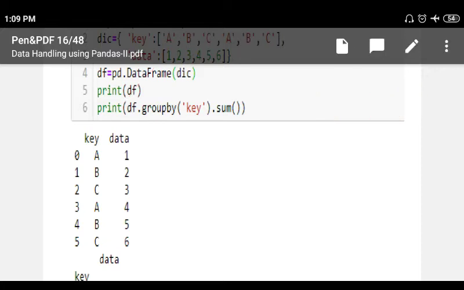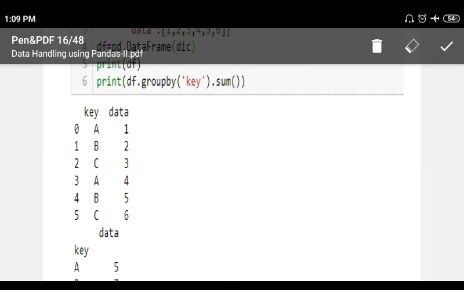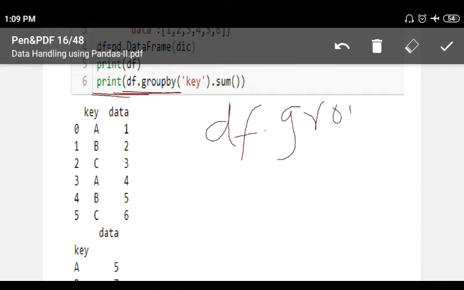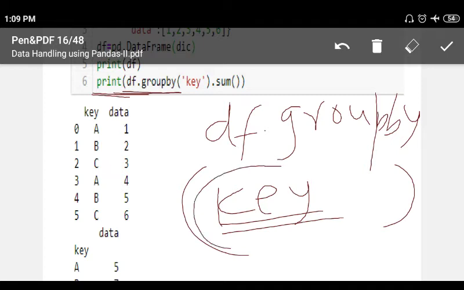Now the last line is important, that is print df dot groupby. df dot groupby is a function which takes one argument, this is key. On the basis of the key column we have to group.